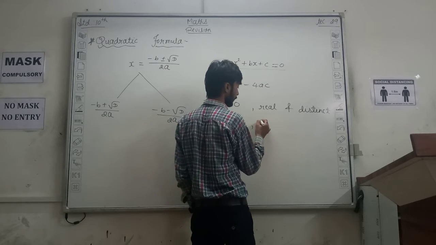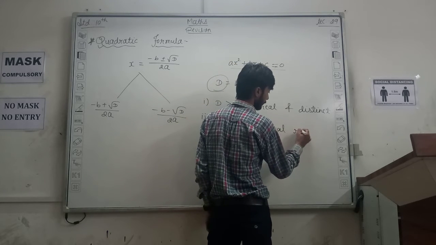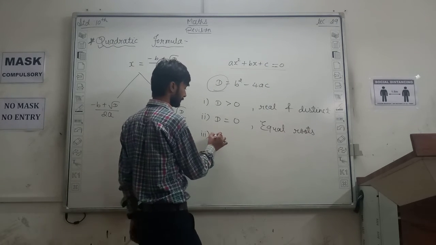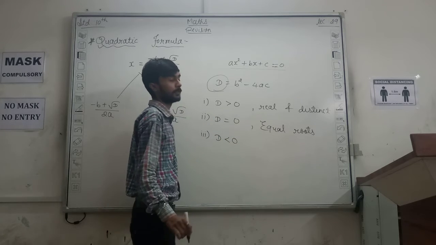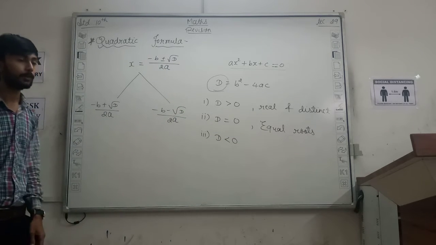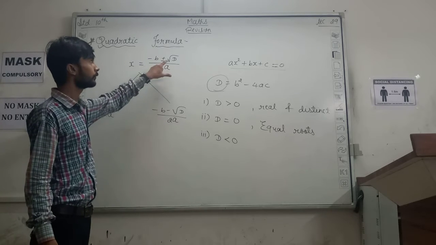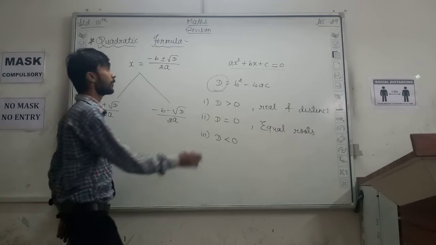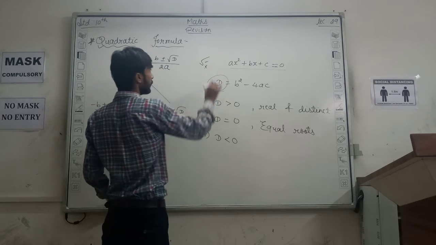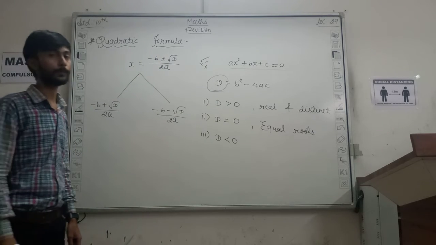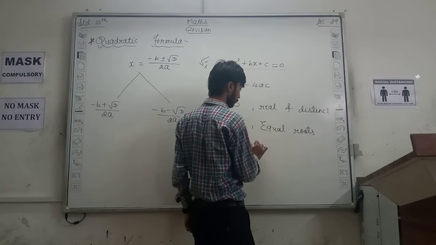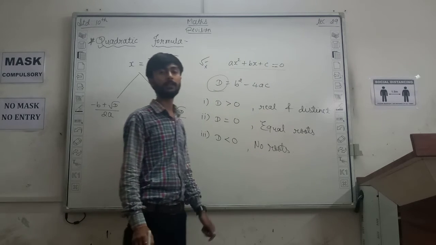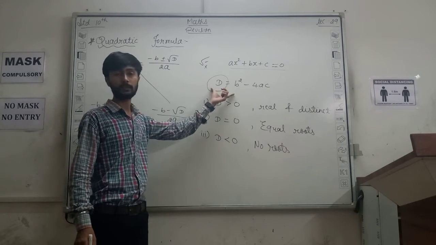So a quadratic equation has equal roots, right? Third, d less than 0, it means negative. So if d is negative, then we know that here in place of d, if we substitute any negative value, which is not possible. Why? Square root of any negative number is not possible, and that's why there are no roots. Otherwise, roots do not exist, right? So these are three cases which depend on the value of d.